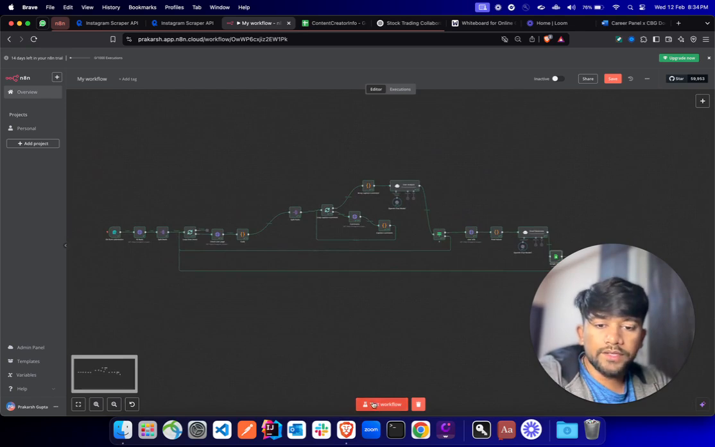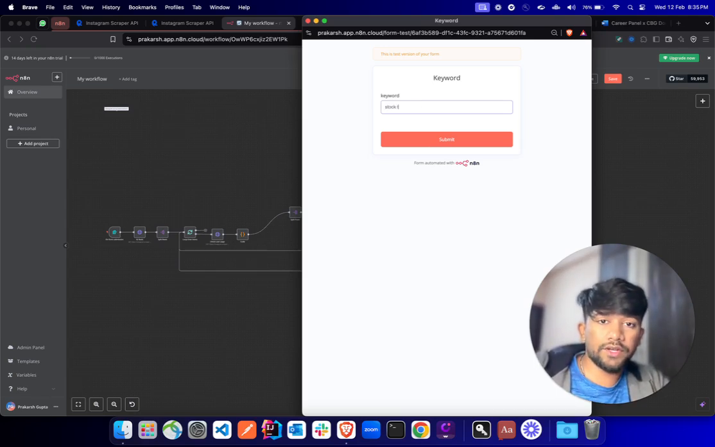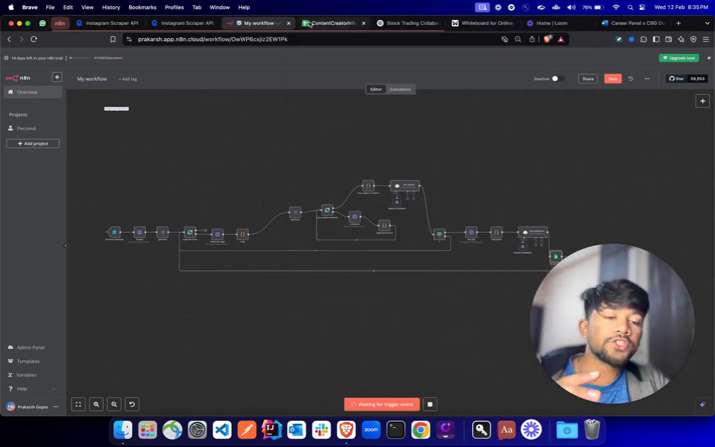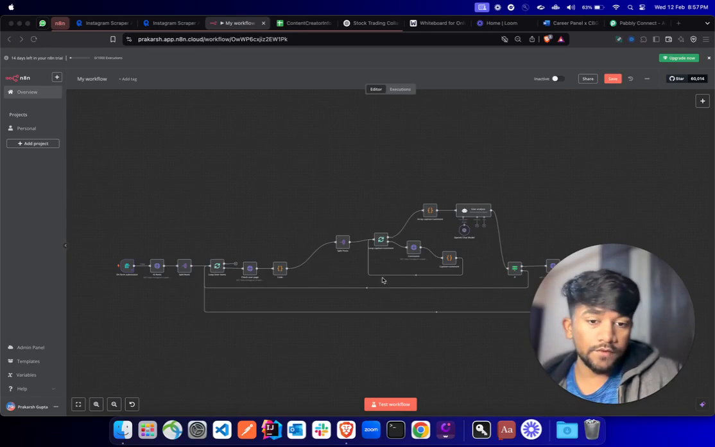I can go and click on test workflow to see how it works. So we have this n8n form. I'll just say stock trade. So what this should do is, this should return me content creators who have pushed out content related to stock trade. Okay, so let's try to run this workflow. I'll just click on test workflow here,